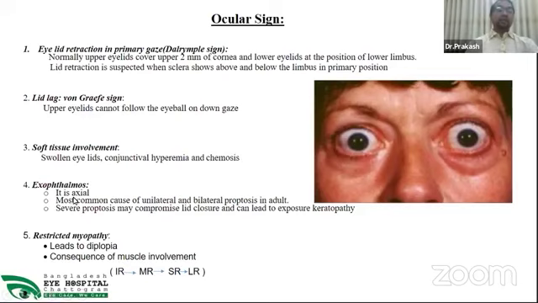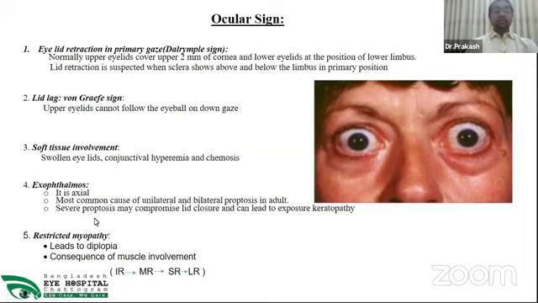And exophthalmos, that is proptosis, when there is an increased interorbital volume, and that will cause proptosis, and it is the most common cause of bilateral and unilateral proptosis in the adults. And exophthalmos is the proptosis due to thyroid dysfunction. And the proptosis over here will be axial. So this is the most common cause of unilateral and bilateral proptosis in the adult.